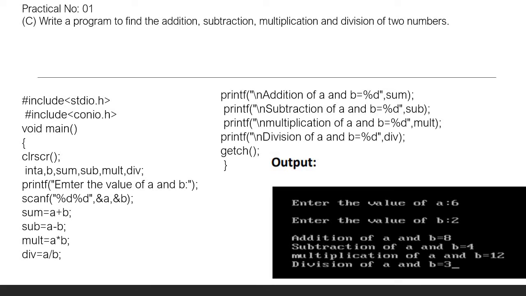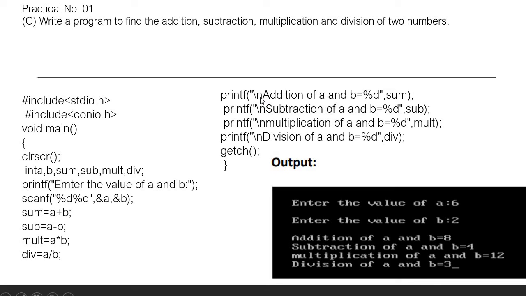Whichever variable is holding the value, it is supposed to come on the left hand side. You can see over here, this way I have mentioned all the variables on the left hand side, those who are holding the answer. This is my process part. Now after that I want to print the output. That's why again we are mentioning the printf function. This statement will display as it is.